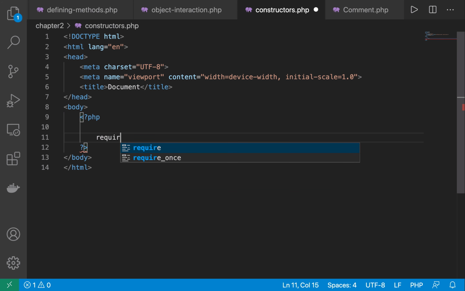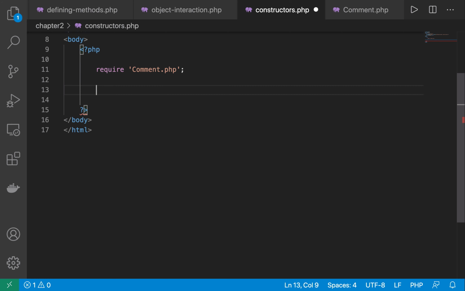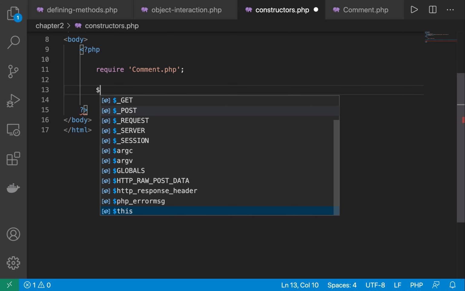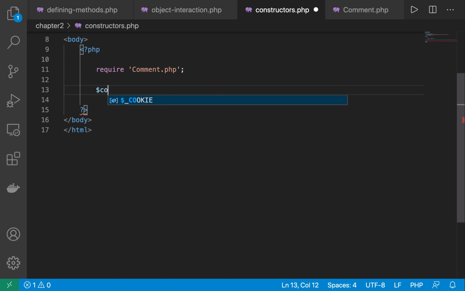Let's now go over to Constructors PHP, and this is where we're going to add our logic. So first we need to pull in the comment class, and we do that by requiring the comment PHP file. And then what we're going to do is create a comment. So comment equals new